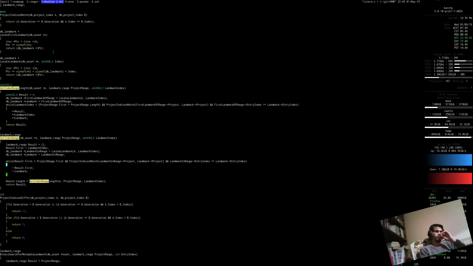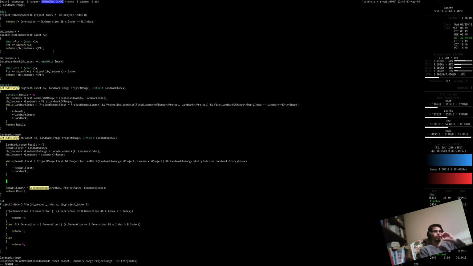And then, yeah, I think we just need to test this, don't we? Because we can't get through these. It ends up in a place where we're not actually still on the project range, I don't think. But we can get through this and end up on a landmark that isn't corresponding to the entry index. So I think we just need to say